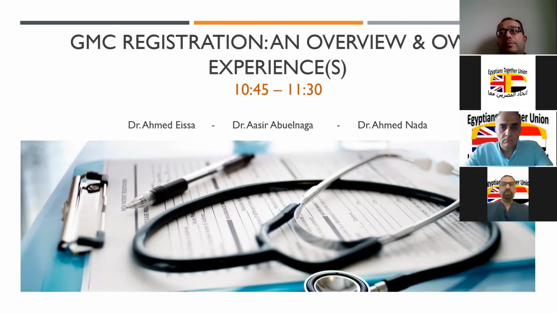As you said about BLAB, Dr. Aasir, I totally agree. It used to be that the fastest way was just to do BLAB, and in 8 or 9 months you could have a GMC and start working. But according to the COVID rules and the spaces, this is a problem. The second problem with BLAB, which we've seen a lot of colleagues facing, is getting a visa for the BLAB 2 examination. You have to sit BLAB 2 in the UK and you need a visa. So sometimes people have a problem getting that.